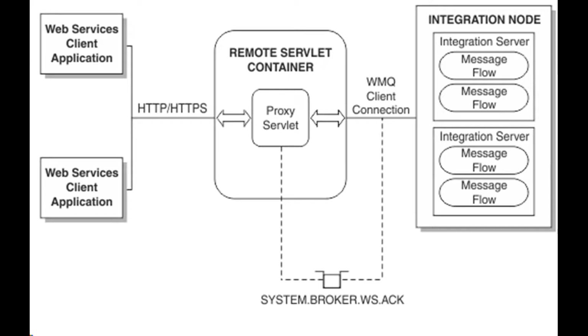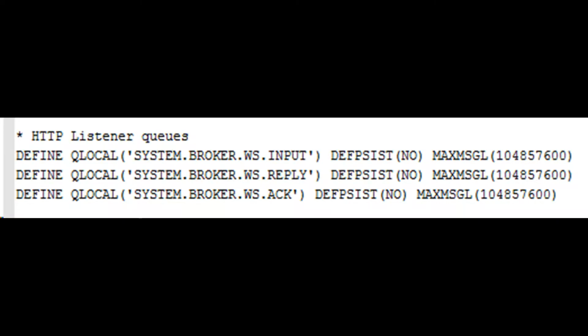The HTTP proxy servlet is a Java servlet that receives HTTP requests. The HTTP proxy servlet matches the received web address with the web address that the HTTP or SOAP input nodes are exposing, then passes the HTTP request message to the correct HTTP or SOAP input nodes by using WebSphere MQ. The HTTP proxy servlet receives response messages from the SOAP nodes and HTTP nodes and sends them back to client applications over HTTP or HTTPS.